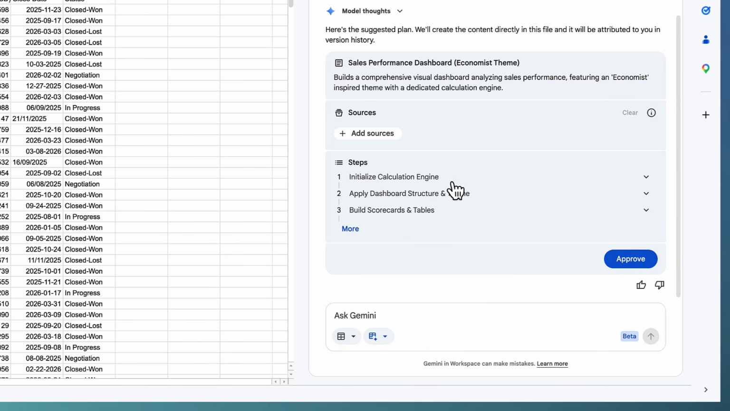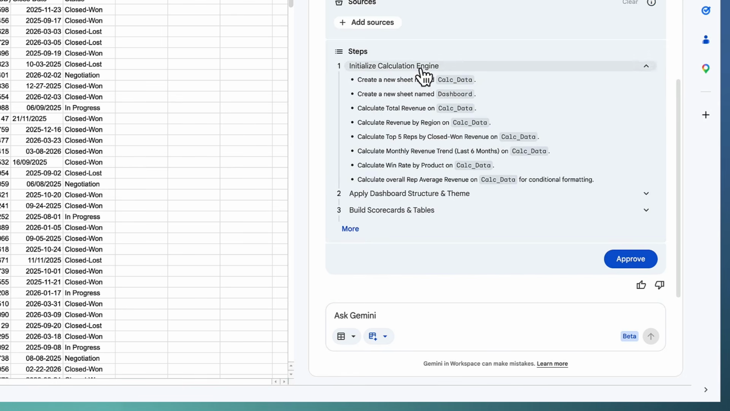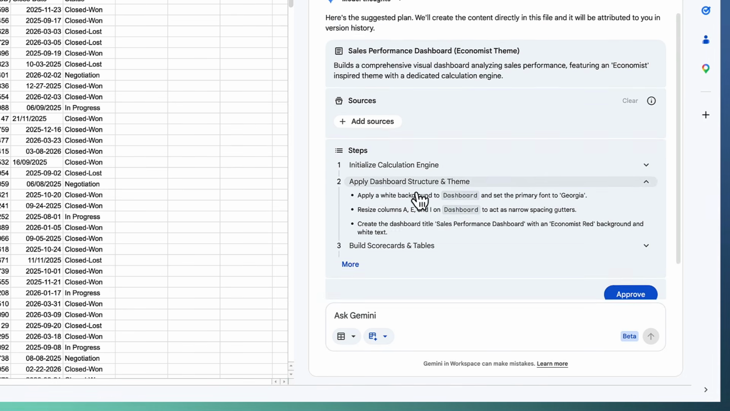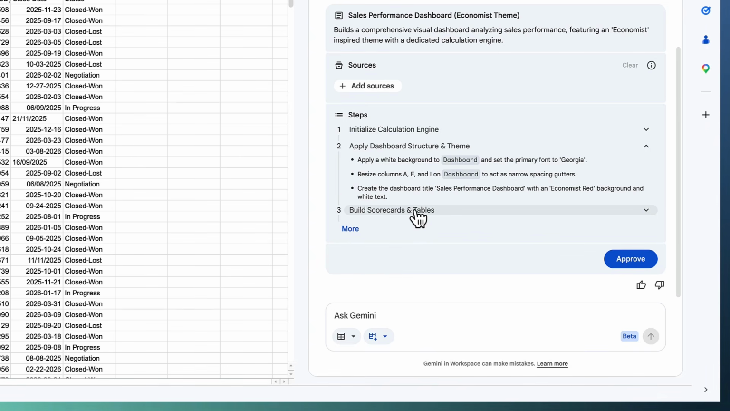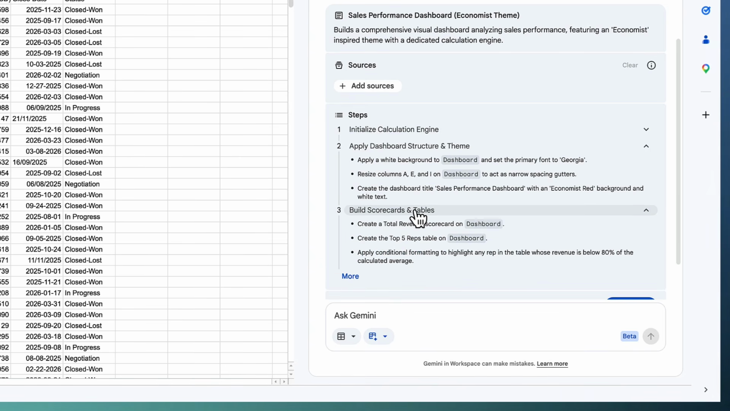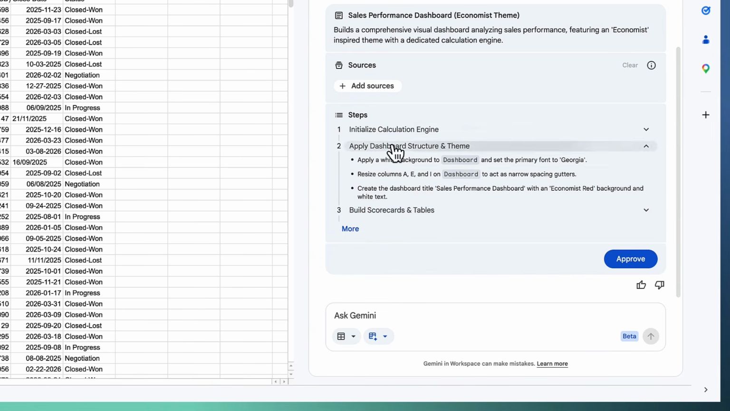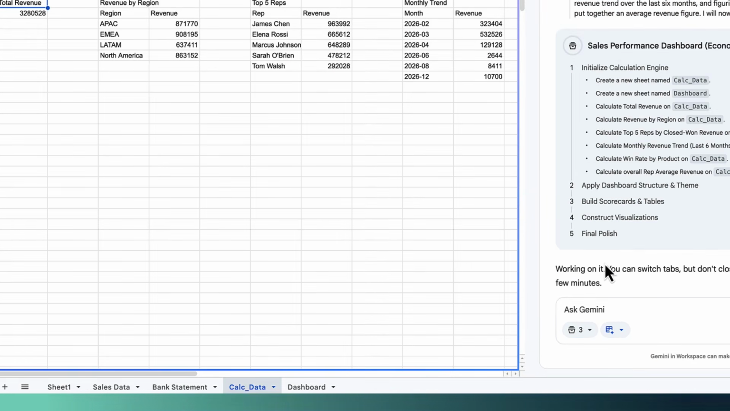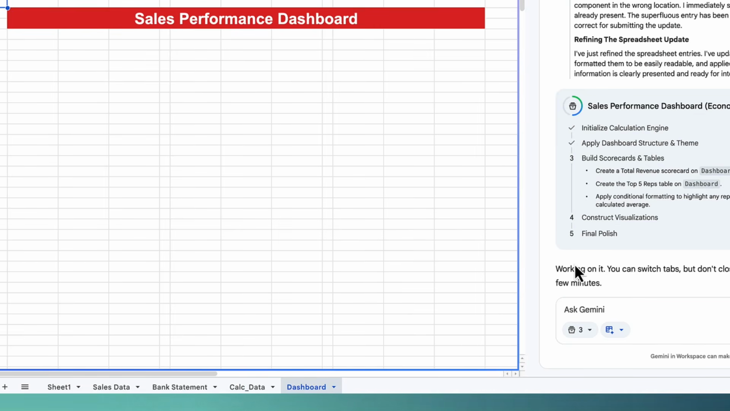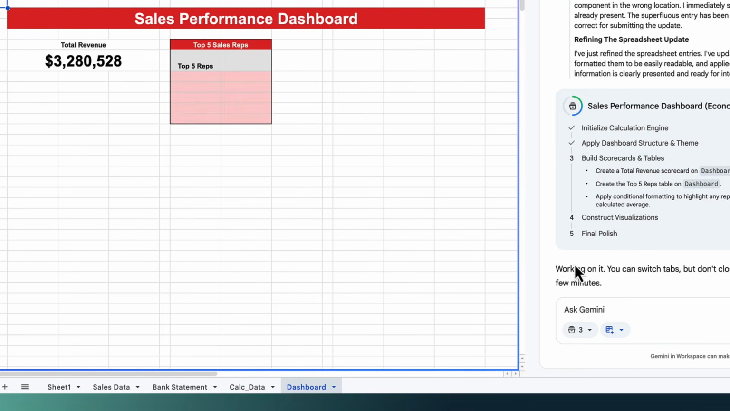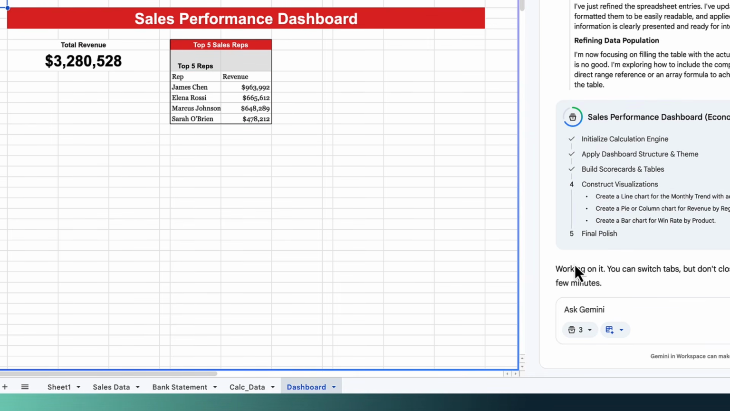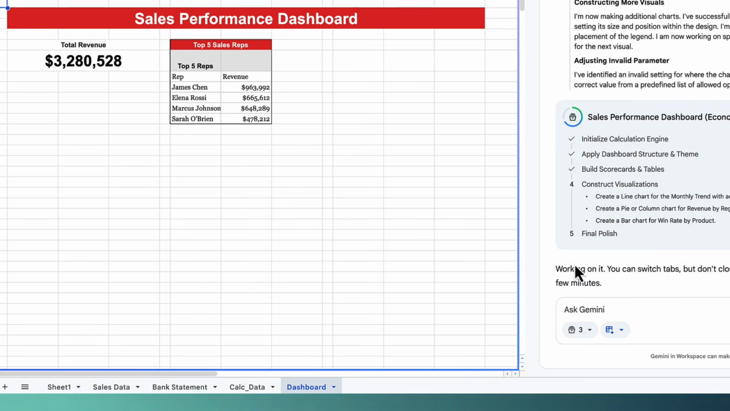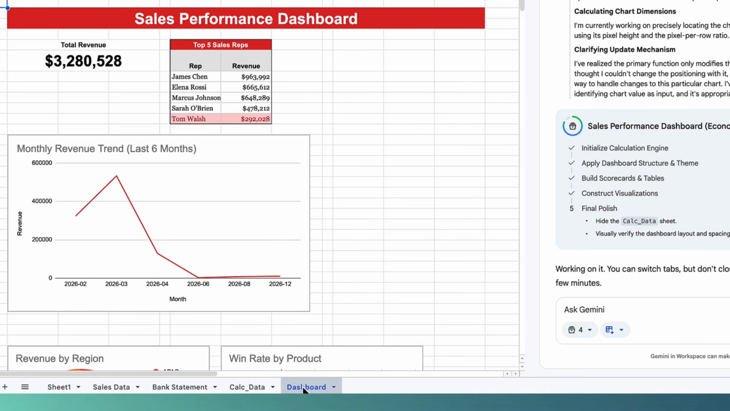This is a more difficult use case because it has to build a calculation sheet in order to do all the calculations for the dashboard. Then it has to build out the dashboard, so it has to style that and then build out our dashboard elements. So I'm happy with this, so I can click approve, and in here you can see it's built a sheet called calc data to do calculations, and now it's building out the dashboard. Starts with the title, scorecards, top 5 sales reps,